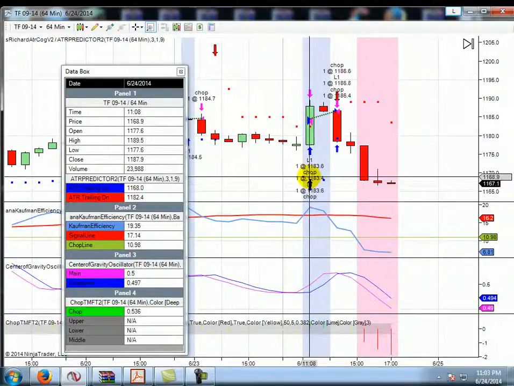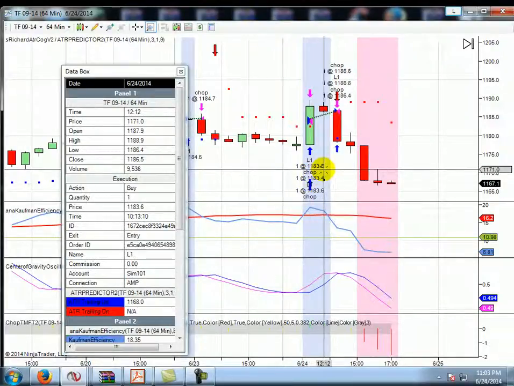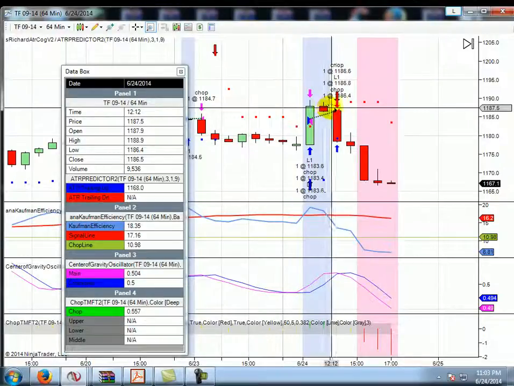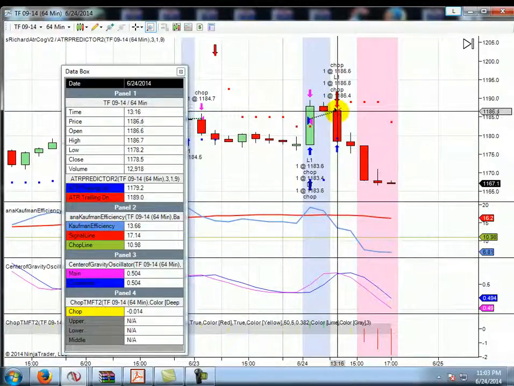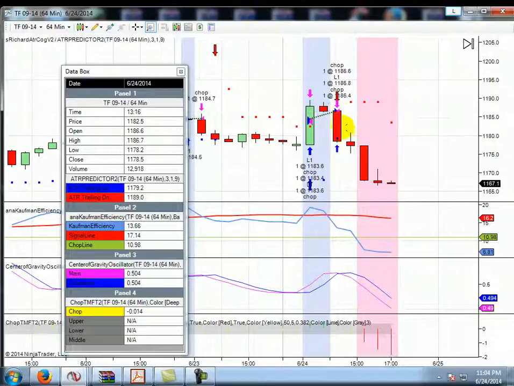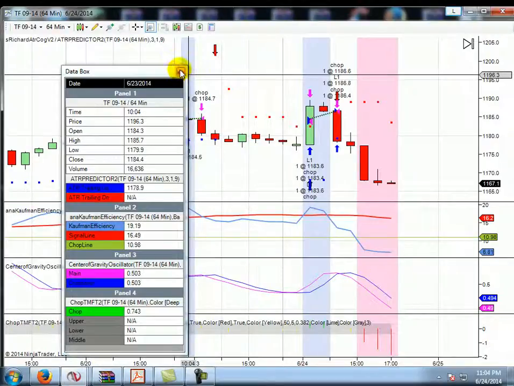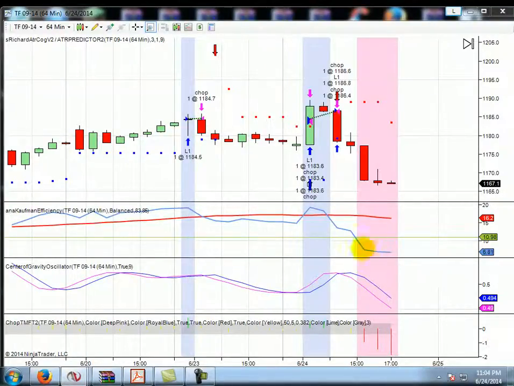Okay, so let's see, the chop on this bar was 0.536. Over here, 0.557, so it would have stayed in that bar. Then it decreases over here to negative 0.014. That seems fine. The only issue here is that, as the price vacillated, it just took multiple